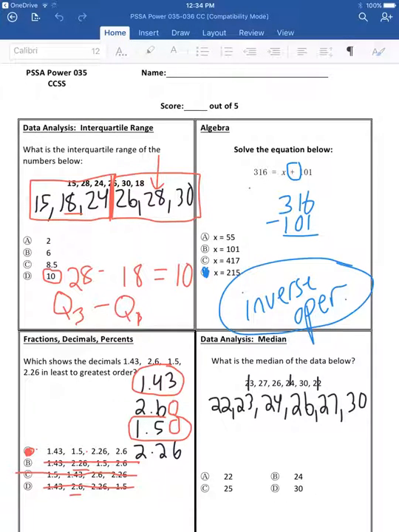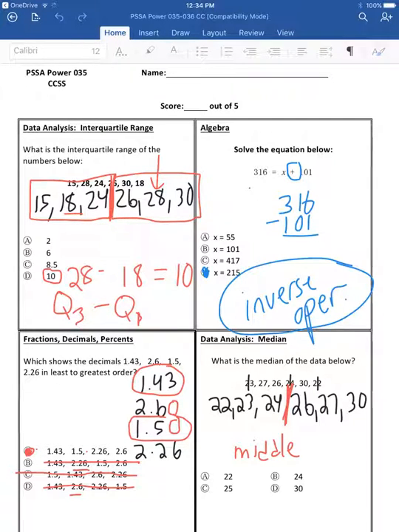Okay, last one. What is the median of the data below? Now, do you remember what median is? Median sounds like medium, which means the middle number. So already I have my numbers in least to greatest order, so I just need to find the middle. Now the problem is, if I count my numbers, 1, 2, 3, 4, 5, 6, I have 6 numbers, which is even. So if I split my numbers in half,